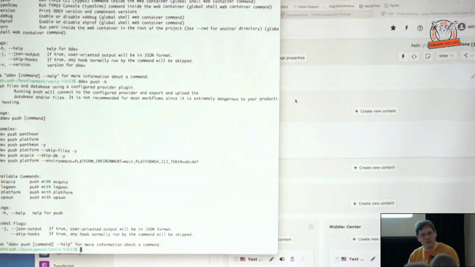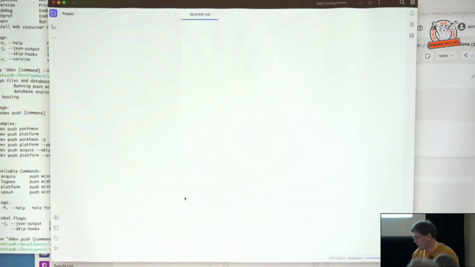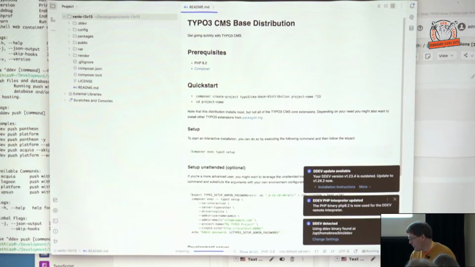Yes, so that's one way of deploying, and then you have the deployment configurations. If I open up our project in PHPStorm, let's see, we'll open PHPStorm. Yes, here we go. Then